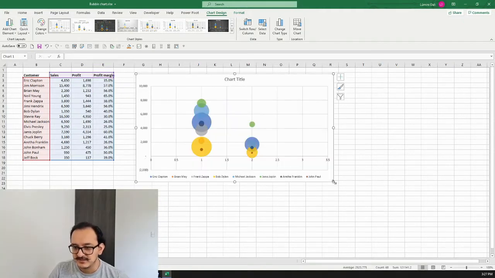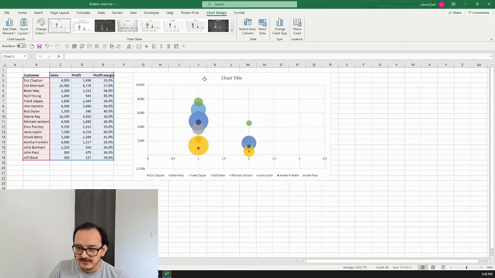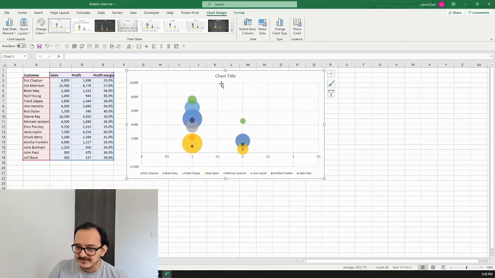But as you can see, this is not showing what I want, because we want to see how each customer is positioned in a different space in this chart, and all of them appear to be on the 1 and 2 area. So we're gonna fix that. So after I select my chart, I'm gonna go to the select data option,